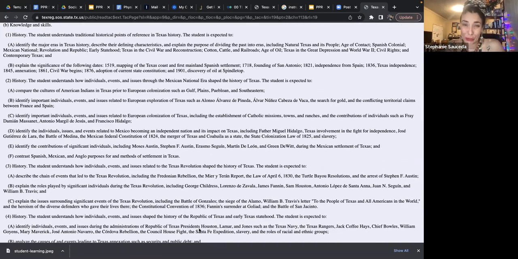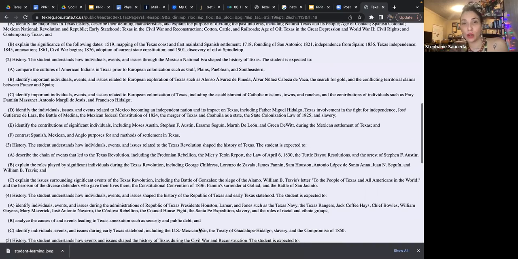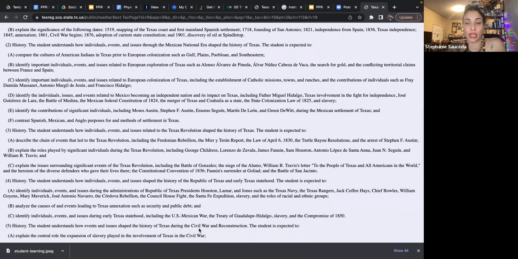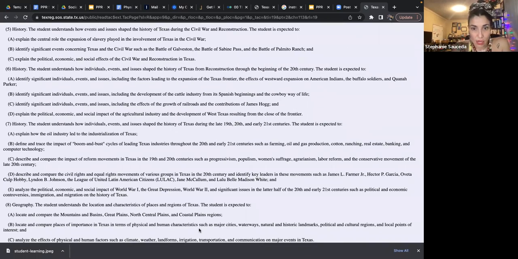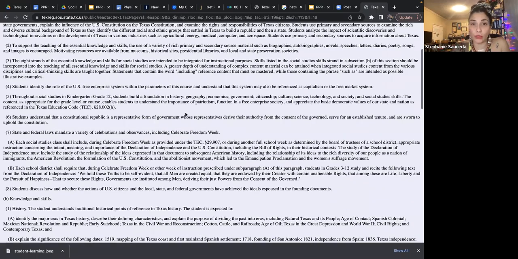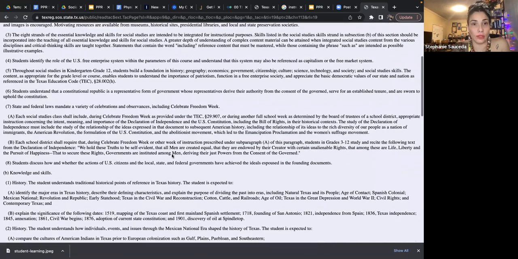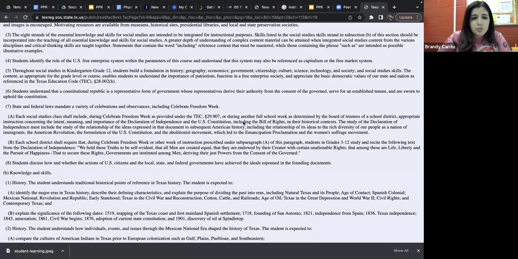It's a little bit easier with reading, because when I'm talking about a particular thing like expository text, which I think you have to do in yours, if I'm not mistaken, but you'll see, I want you to read this all together. But here, the celebration of Freedom Week, it's the law, and it has to be a full school week, and it has to happen every single year, and there are particular things that you need to do and the students need to learn during that week. So just know that. Celebrate Freedom Week.